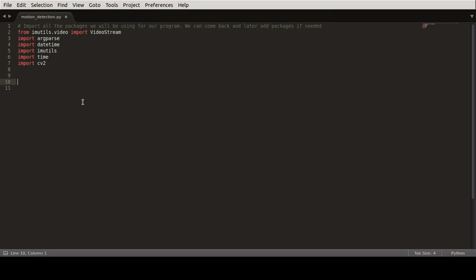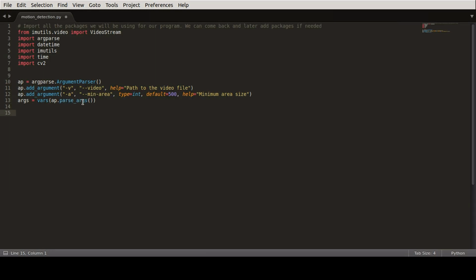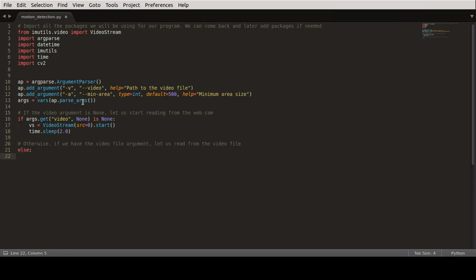So now that we have imported all the modules that we need, now let us construct an argument parser and pass the arguments. So now let us save this file.